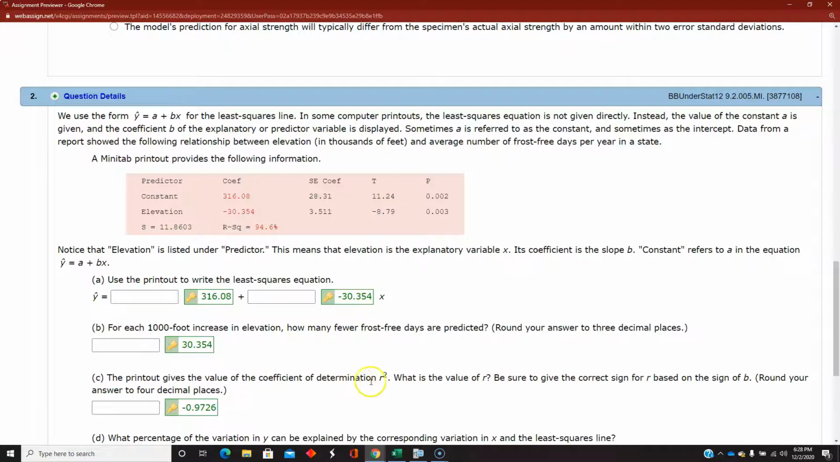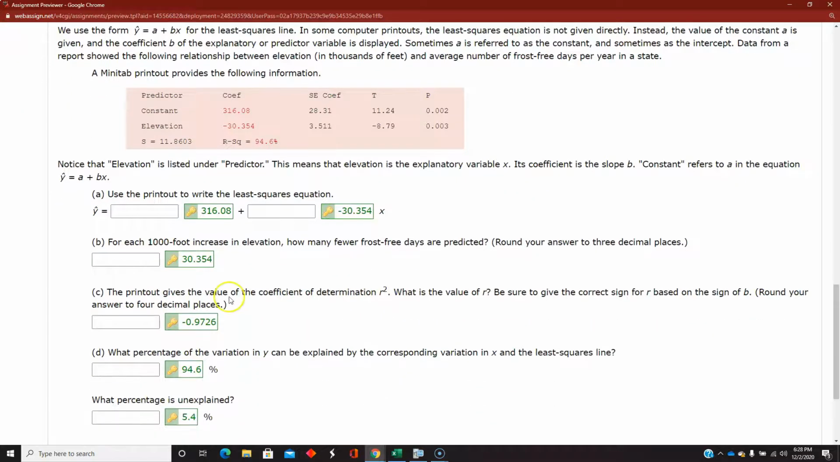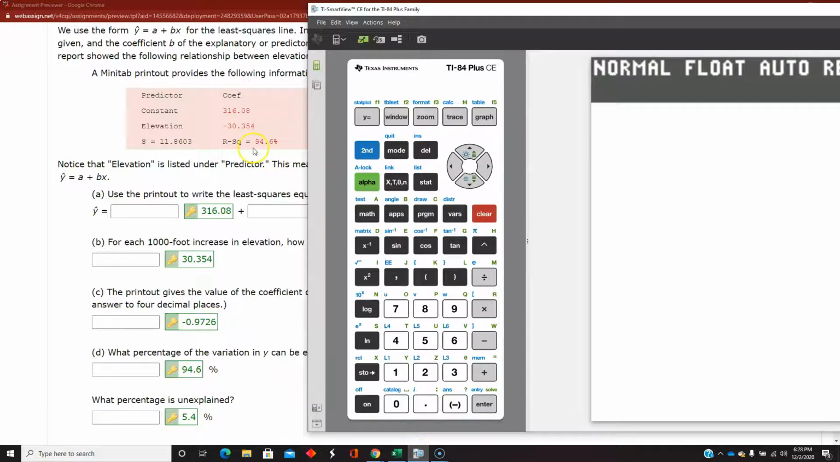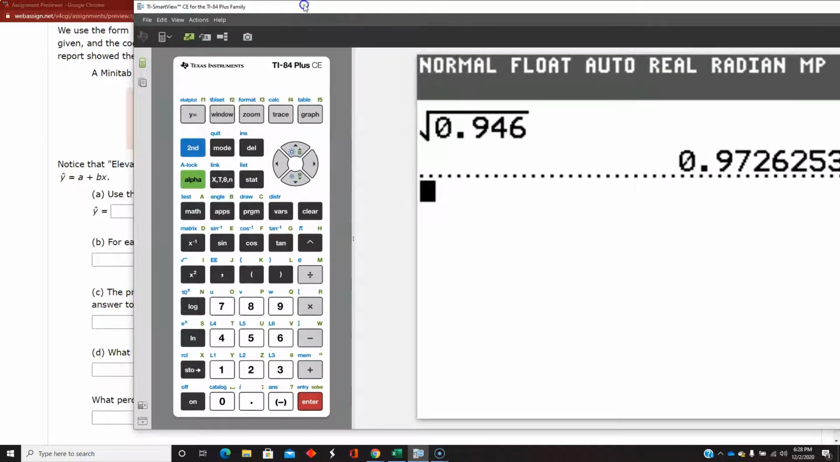And again, a question about coefficient of determination, a question about how we find r from the value of r squared. That's pretty simple. The r squared is 94.6%, so we take the square root of 0.946, but we have to write that 94.6% as a decimal instead of a percent, and we get 0.9726, so that's our correlation. But notice when I take the square root here, it's always going to give me a positive answer, but